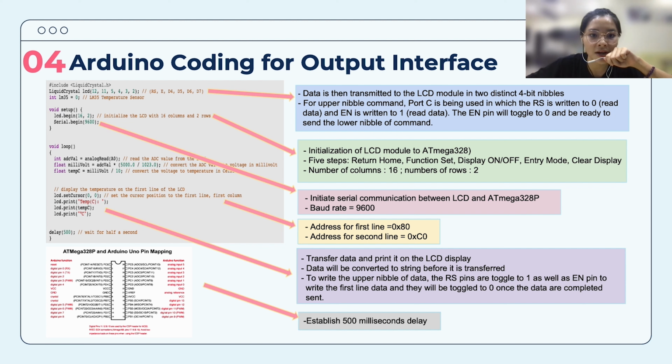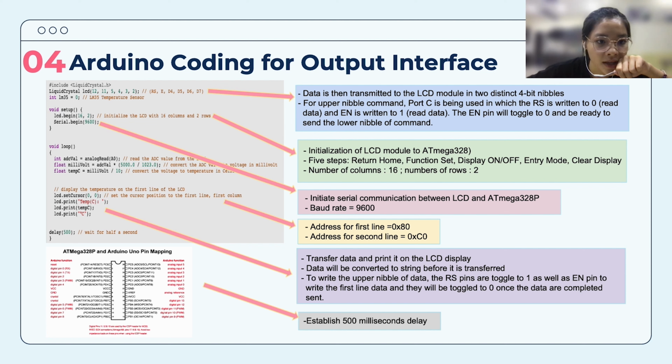It involves 5 steps, which are return home, function set, display on/off, entry mode, and clear display. The number of columns is declared as 16 and the number of rows is declared as 2 to be printed. These processes are replaced by the LiquidCrystal.h library in the Arduino code. So next, Serial.begin(9600) shows the serial communication between the LCD and the microcomputer, in which the baud rate is